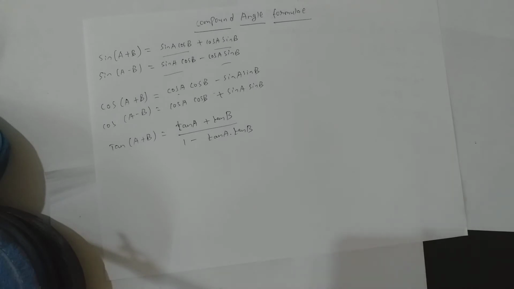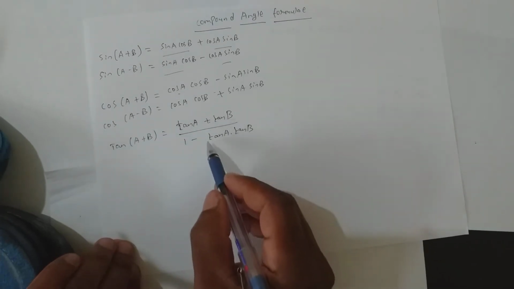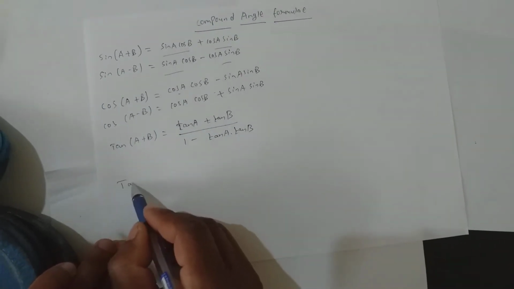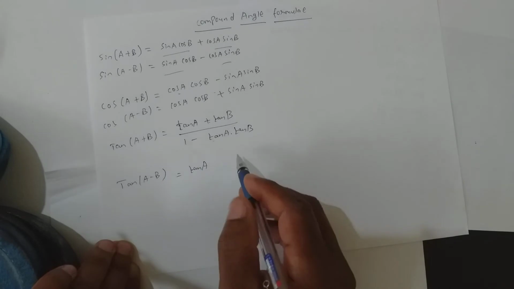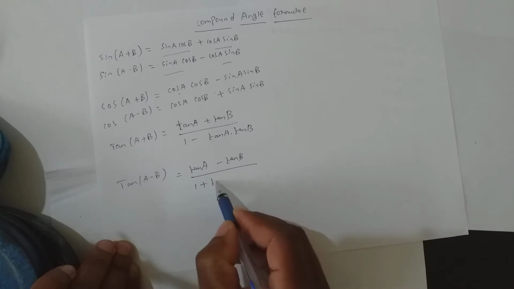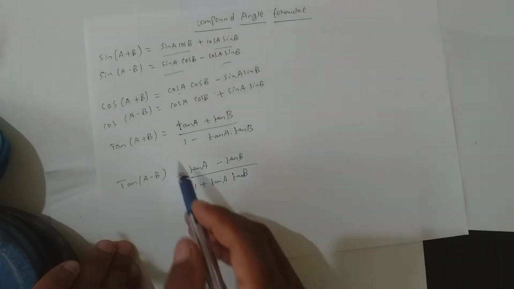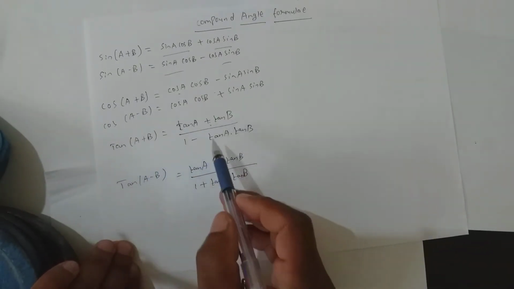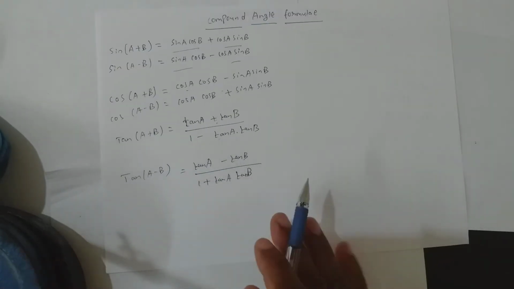But while doing sums, for each sum, you cannot look at the formula sheet. So better is if you know it. Now, here it is plus. In the numerator, you get a plus, and in the denominator, minus. The same thing if you have a minus sign over here, so here also you get a minus sign now: tan A minus tan B by 1 plus tan A tan B. Am I clear? If here it is plus, you get a plus sign over here and the negative sign in the denominator. If here it is minus, you get a minus sign and the other sign in the denominator.